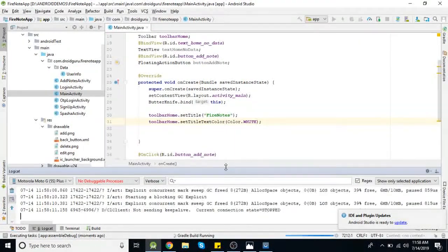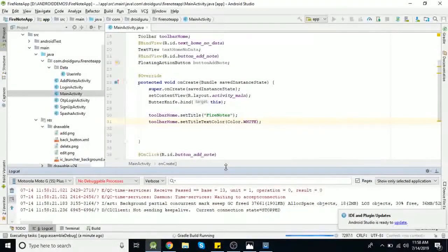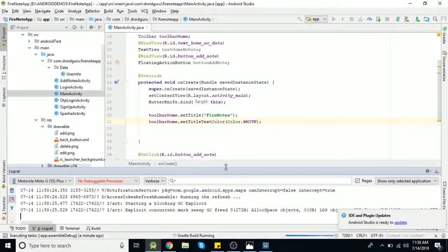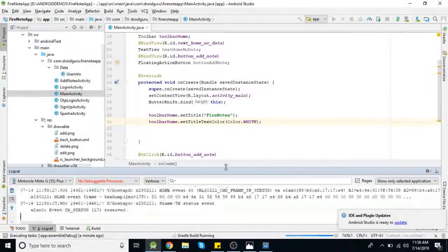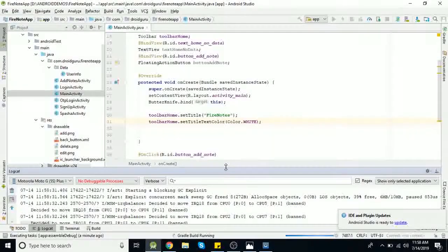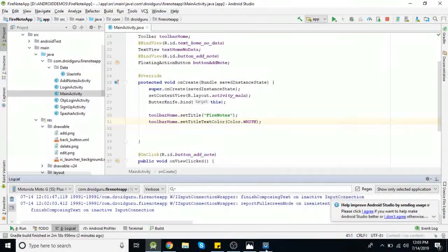One more thing we need to do is, whenever the user logs in to this application, we need to save a status, because otherwise it will ask every time for login. So better if login is successful, we'll keep some value in shared preference, so that next time we'll check if the user is already logged in, then we can directly open our home screen.